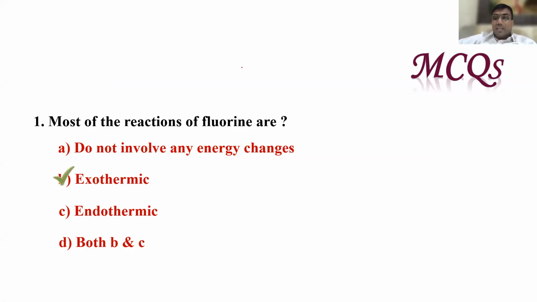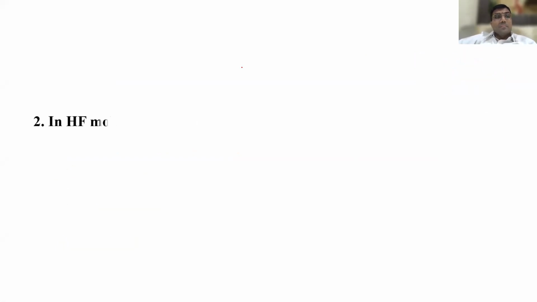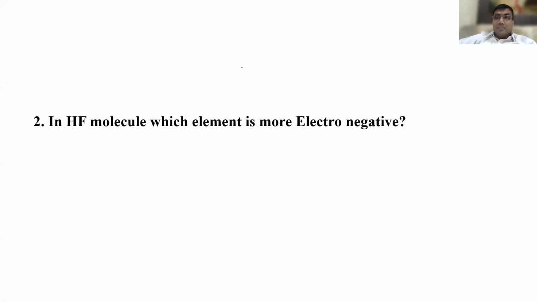So fluorine gives a highly exothermic reaction, right? Because it is very reactive. It is going to associate with someone. The moment it forms a bond with someone, a lot of energy is released. Clear or not? And conversely, why is iodination endothermic? Why are iodine reactions endothermic? Come on, you can raise your hand if anybody is interested.